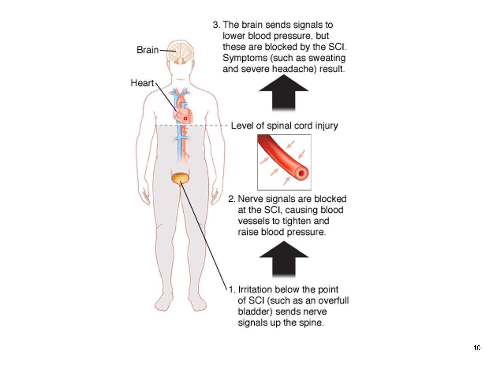It cannot communicate properly on the upper part. So nerve signals are blocked at this spinal cord injury, causing blood vessels to tighten and raise the blood pressure. So down here, you're going to see a high blood pressure or a raised blood pressure because the blood vessels